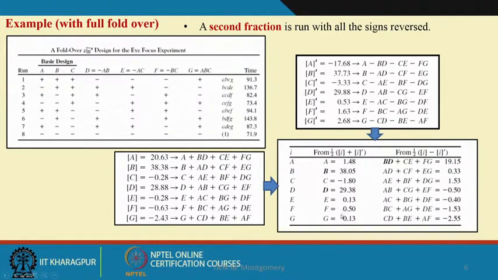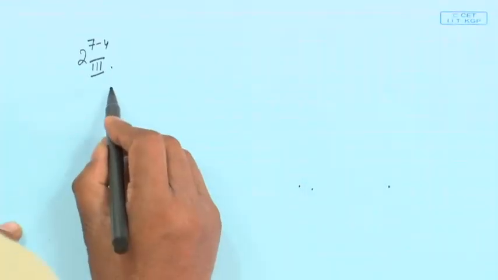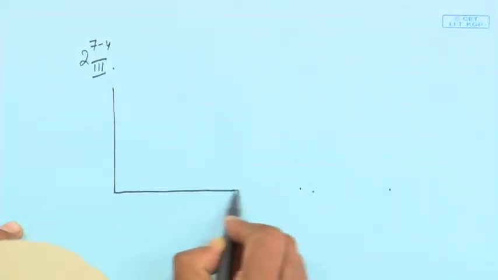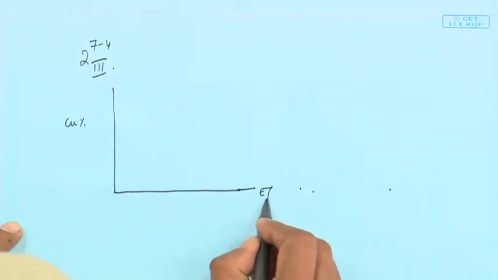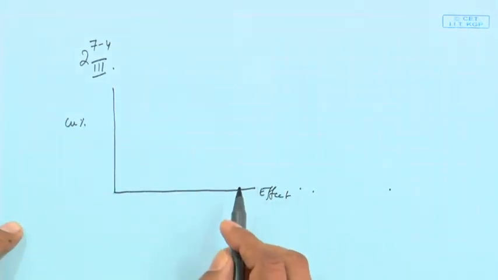Then if you do the normal probability plot, it is quite likely that A, C, E, F, G will basically form a straight line, and this B effect, D effect and BD effect will be falling apart. Even if you do the half normal, and then go for cumulative percent probability and effect,